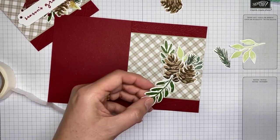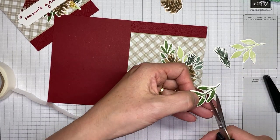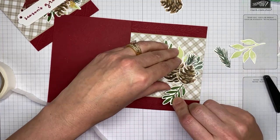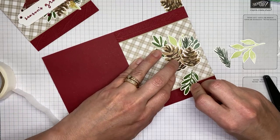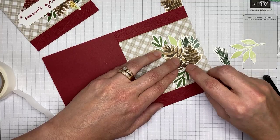So yep, this one I'm going to trim off, and again, nobody's going to know that you've trimmed this off. They're never going to see this because it's going to be tucked up and hidden underneath the sentiment, but I do that a lot of times, especially when I'm doing a layering type collage where I want things to kind of tuck up, there we go. I'm like, lift up, pine cone. So, all right, I want things to kind of